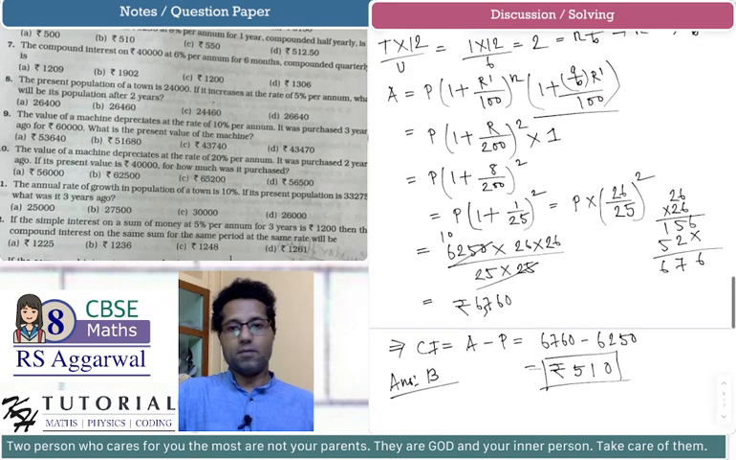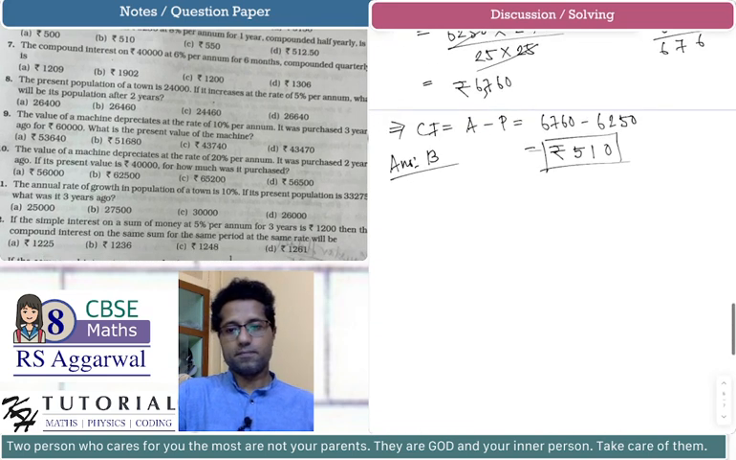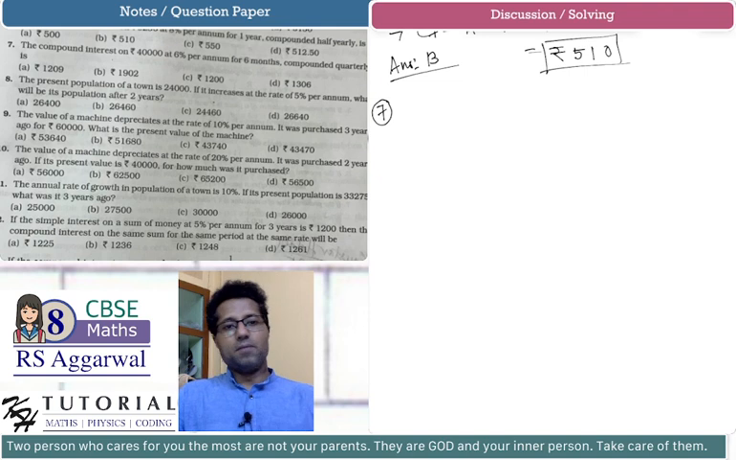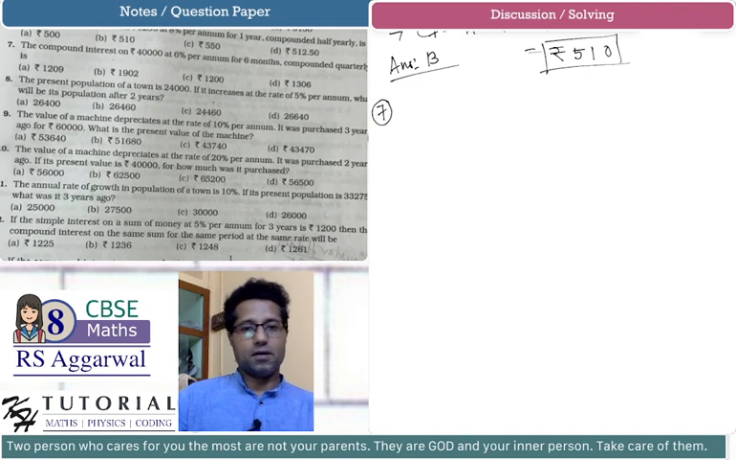Let's do problem number 7. The compound interest on 40,000 at 6% per annum for 6 months, compounded quarterly, is